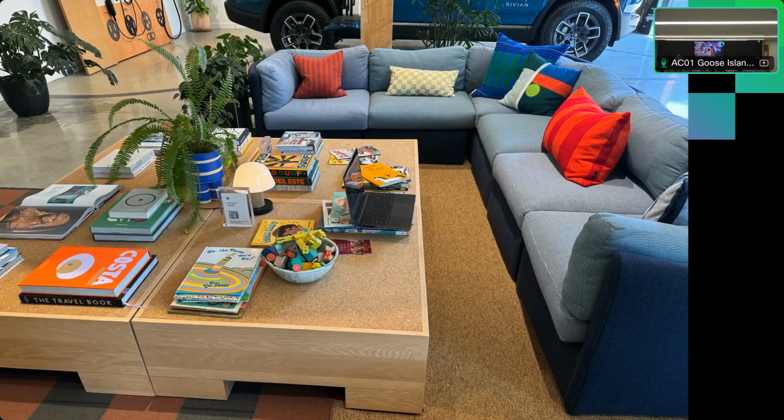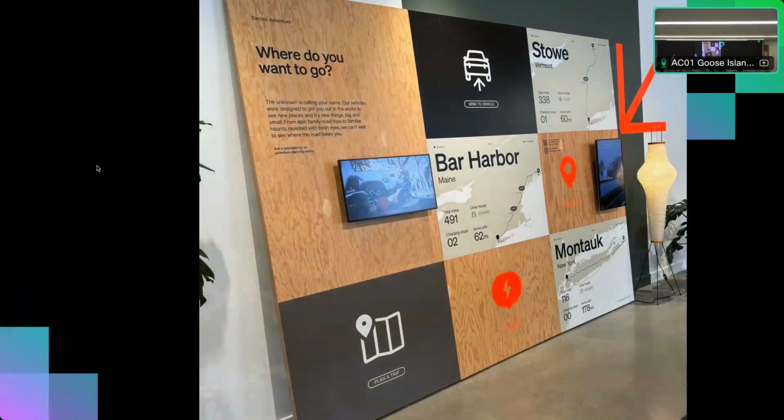You see the books there, the places we'll go, the travel book, all these interesting books. And I told my son, what do you think Rivian sells? Anybody have an idea? What do they sell? Cars. They sell cars? What else? Experiences, yes. You got it.